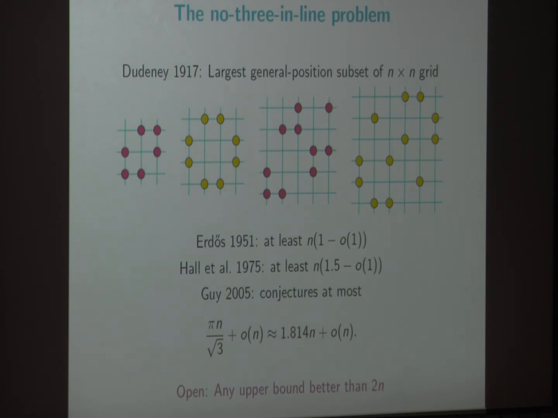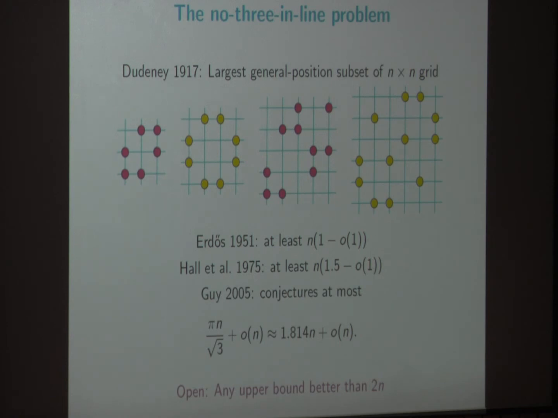And Erdős proved that you can get at least n. The construction involves modular arithmetic. So to place almost n points on an n by n grid, what you do is you find a prime p that's close to n, but a little bit less than it. Or it could equal n in case n happens to be prime. And you choose the points i, i squared, that's their x and y coordinates, x equals i, y equals i squared mod p. Use those coordinates, and basically the theorem tells you that no 3 of those are on a line mod p, and therefore no 3 of them are on a line in the Euclidean plane. So, cute